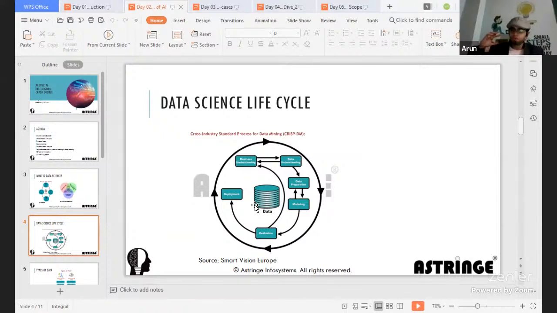If we know from where to collect the data, or in which scenario we are going to collect the data, that should be our first step. If I'm a data scientist, in any project I'll first try to understand where I can get the data. If I'm not able to get the data, I'll try to connect to the business counterparts and understand whether they can help to collect the data. If not, I could generate a simple form and then collect the data.